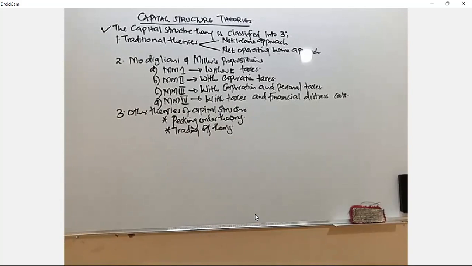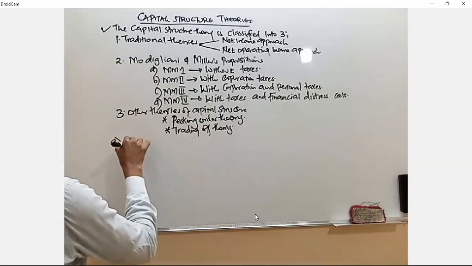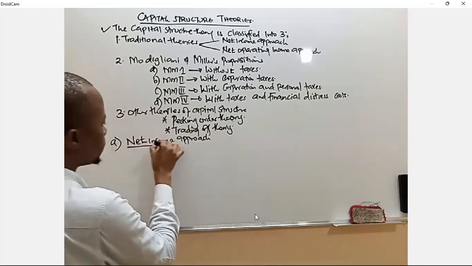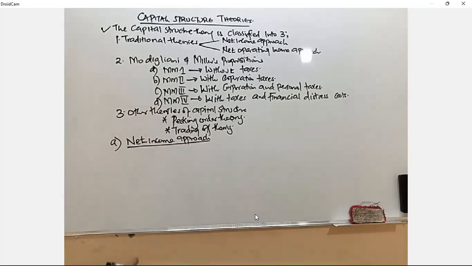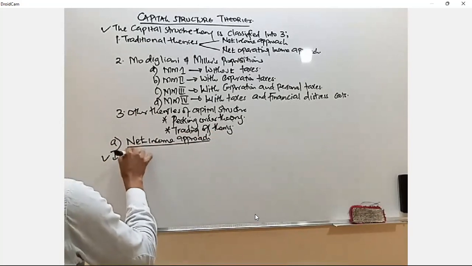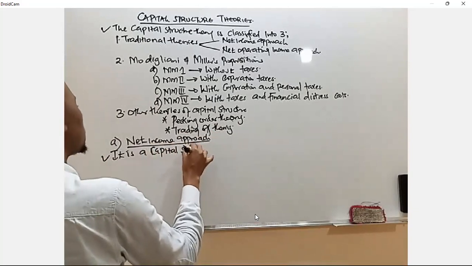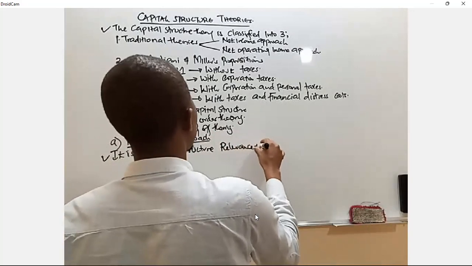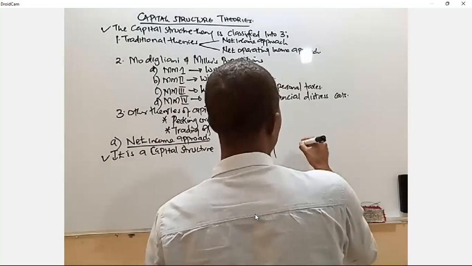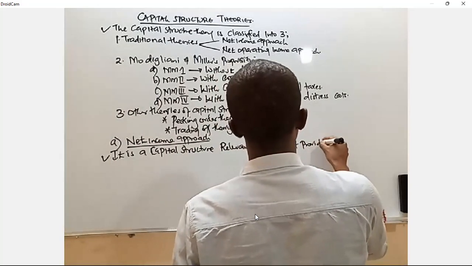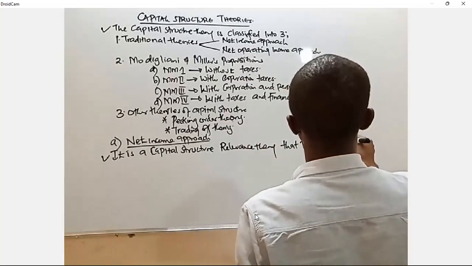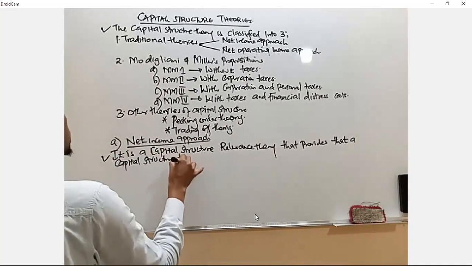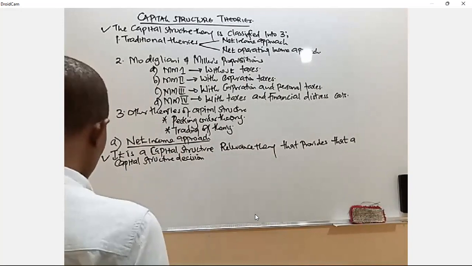Now, let me start by analyzing the net income approach. Let me call it number 8 here. Net income approach. Let me give a definition, and I say that this is a capital structure relevance theory, a relevant theory that normally provides that a capital structure decision is relevant